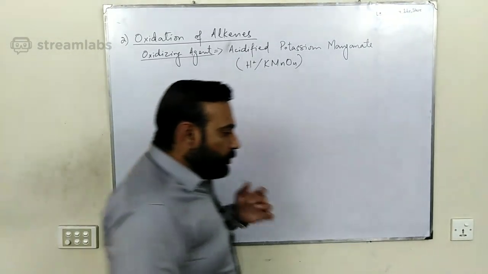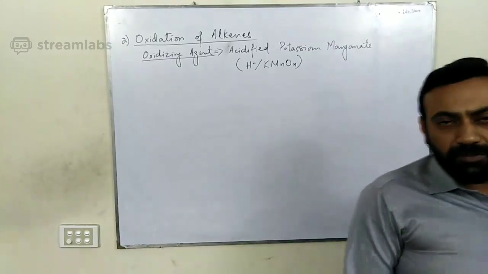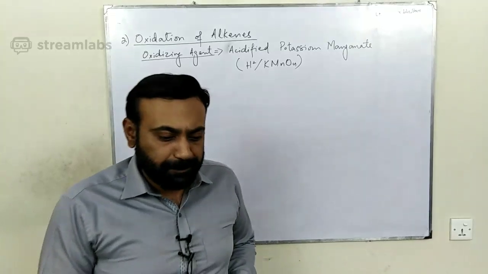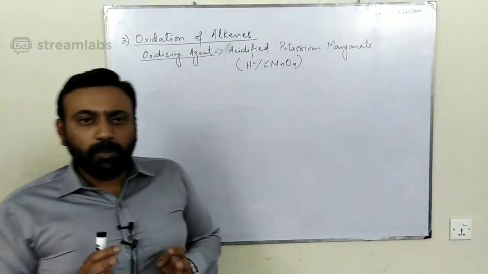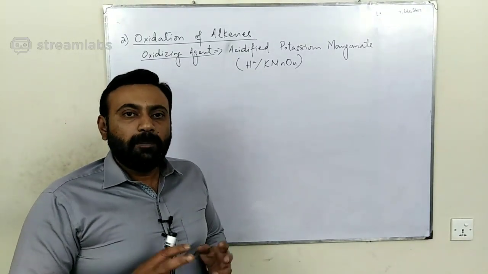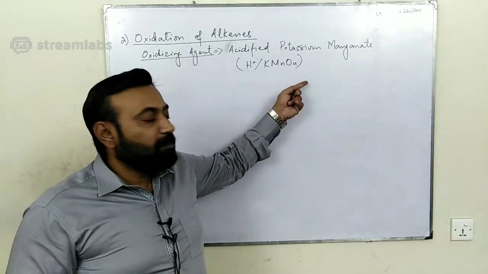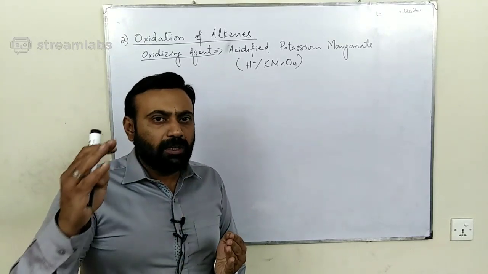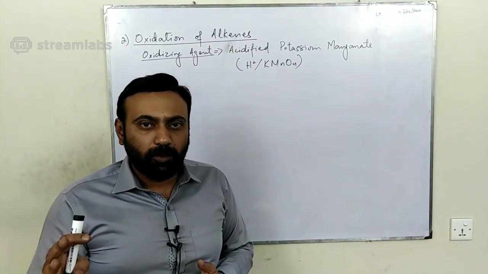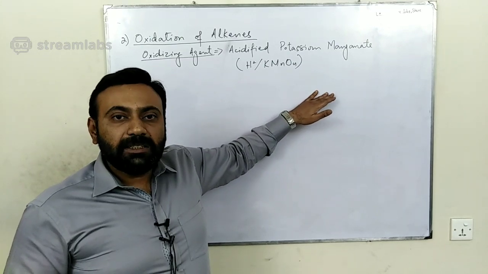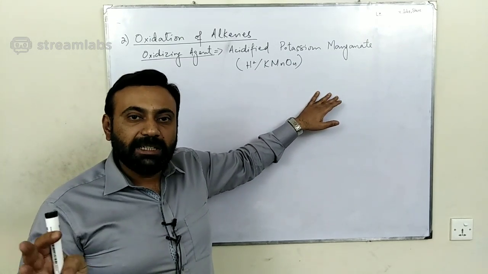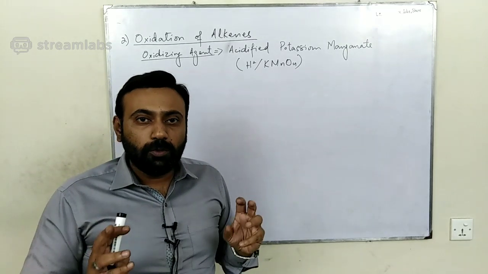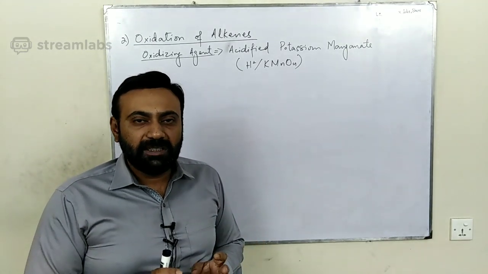Now, you are all familiar with two very common oxidizing agents. One of them is acidified potassium manganate and the other one is acidified potassium dichromate. They are both pretty good oxidizing agents, but out of these two, potassium manganate is the stronger one, a little stronger as compared to potassium dichromate. And alkenes would not be oxidized by potassium dichromate. They can only be oxidized by using potassium manganate. I want you all to note this down and remember this